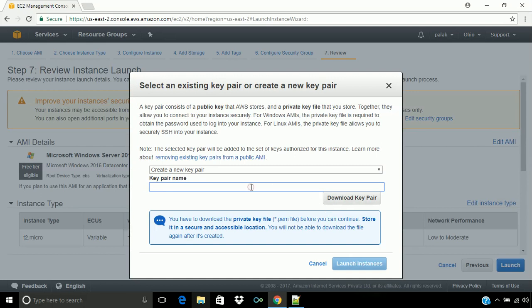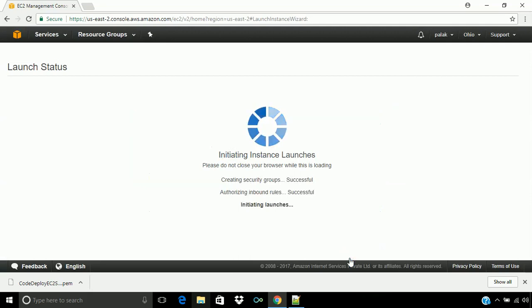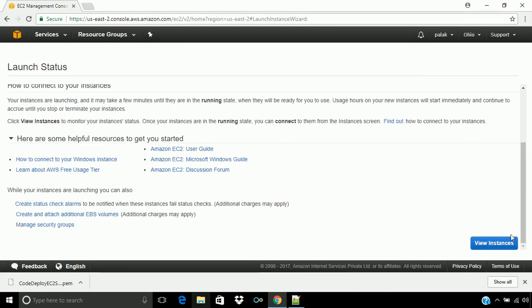So I will use the new key pair name CodeDeploy EC2 server key pair, and let me download that key pair. It has been downloaded. Now let's launch the instance. It will take some time to make the instance up. We can see it in our instance list.